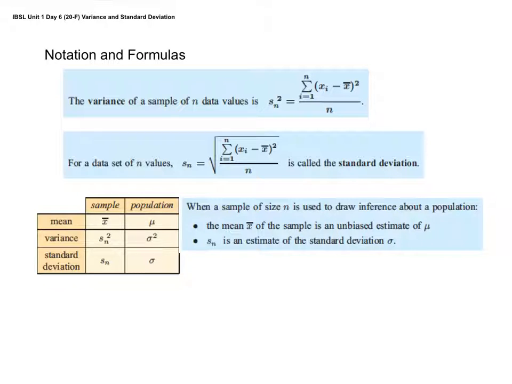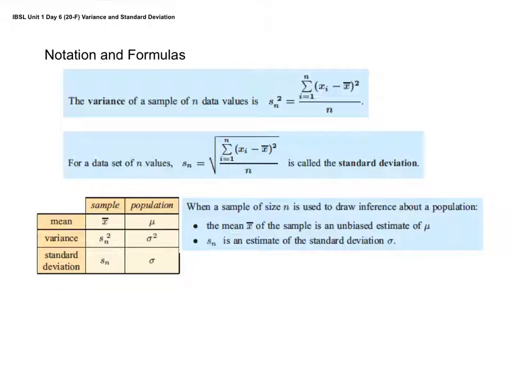Now here's a little thing, and we're not going to make a huge deal about sample versus population. But I would like you to understand the notation, okay? Particularly as you're writing your IA, if you do a statistics topic, make sure that if you're talking about doing a sample, you're using notation for a sample. If you're talking about a population, make sure that you use the notation for a population,